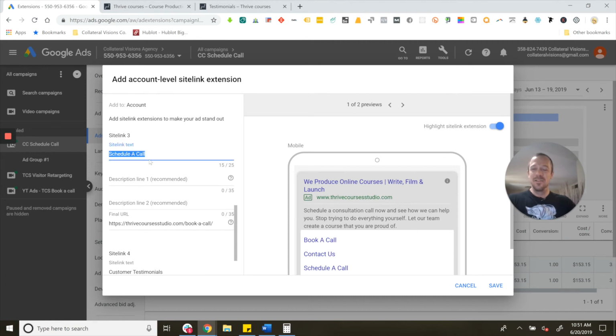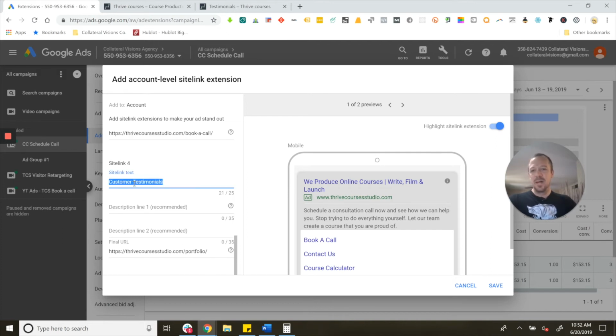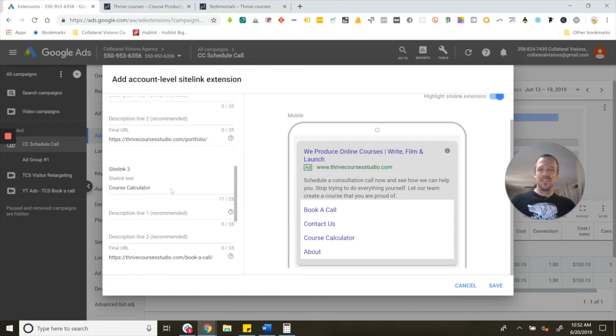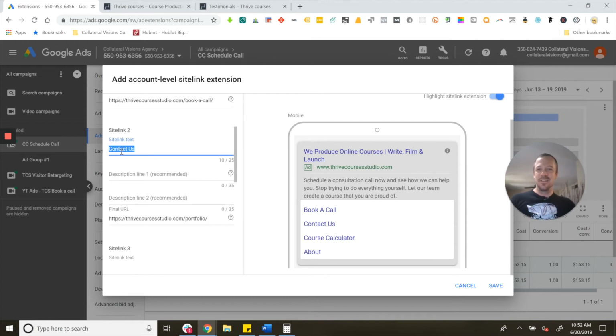And then this would be the course calculator later. And then this bottom is the about section, right? Like I said, I want that at the very bottom, the last thing. First, book a call, right? This contact us page, right? This is the